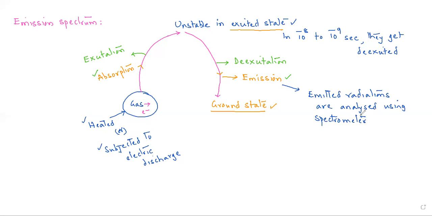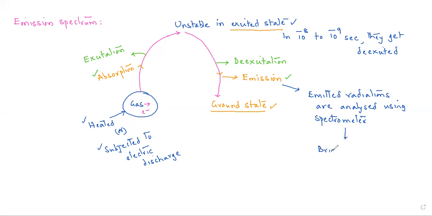These are analyzed using a spectrometer, as I said earlier, of how to record a spectrum. Yes, these radiations are again passed through a prism, and the dispersed radiations are allowed to fall on a photographic plate. Even here also we do the same. Now, when the dispersed or the emitted radiations are analyzed using a spectrometer, we can actually see